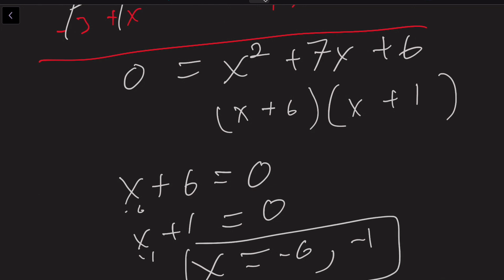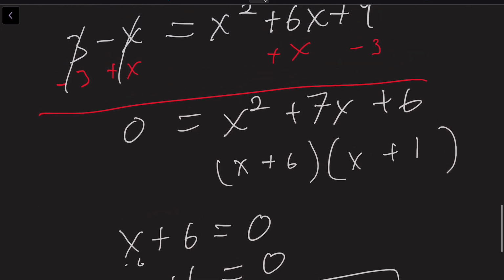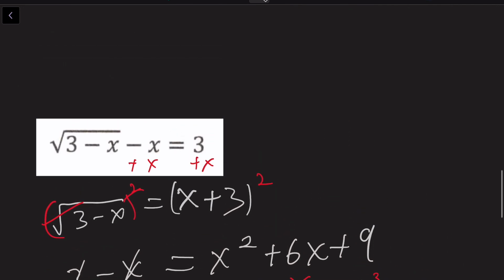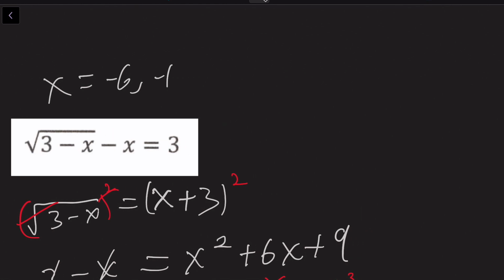So we have our two x's, -6 and -1. We can now plug those back into our original equation. X is equal to -6 or -1. Let's try -6 first. Square root of 3 minus -6